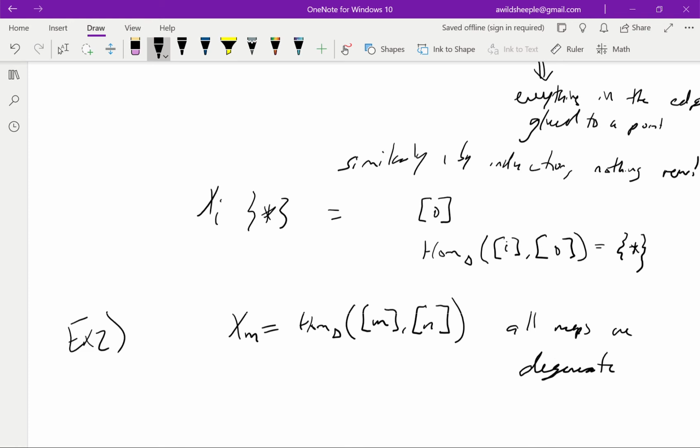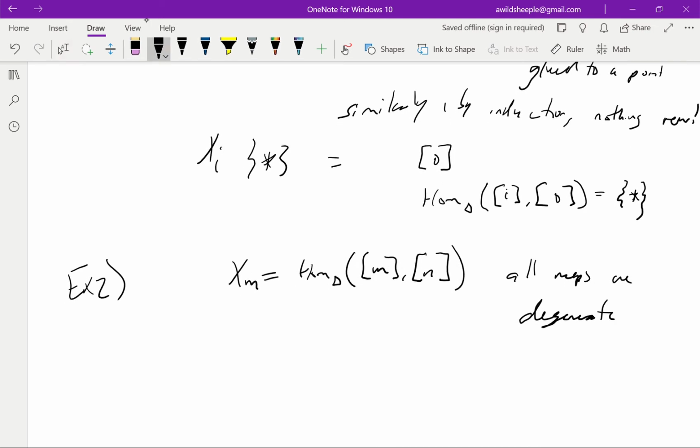And so very similarly, the argument we just saw with the degenerate maps tells us that if I have a point in some alleged higher simplex, it must be glued to something else, because that map being a degeneracy is sigma of something. So in other words, any such map, maybe I'll call it phi, is sigma_i of some psi. And that in turn means that the degeneracy relation lets me glue that down to something lower. So nothing new is added